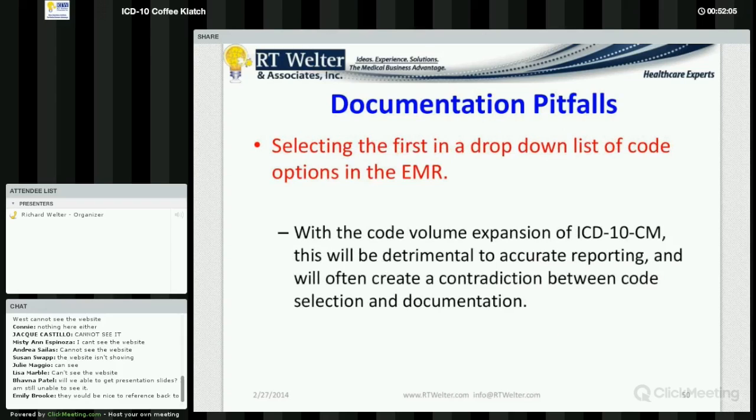Another thing that ties into this is selecting the first in a drop-down list. We know that search functions in EMRs aren't always our best friends, but with ICD-10, we even more so run the danger of having such a long list to scroll through with one keyword that selecting the first is almost always going to give you not the highest level specificity code, perhaps not a code that actually reflects what you've documented in the rest of your note. So we really want to caution them against that,